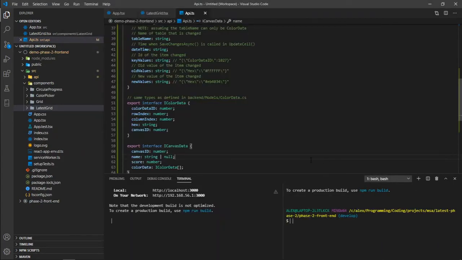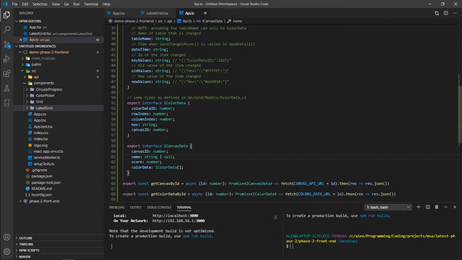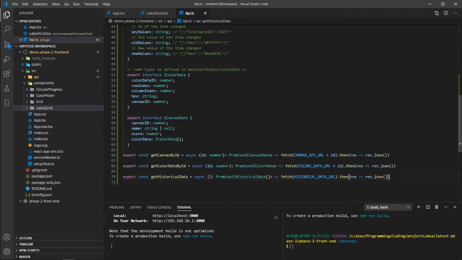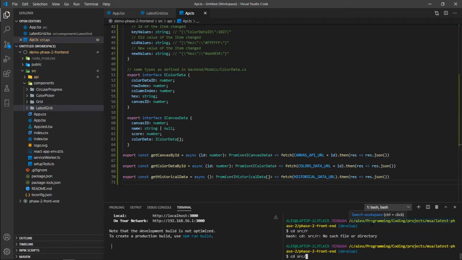So we've already got our API methods out of the way. Next, we need to consider exactly what the types of the states of our historical grid component are going to be. With that said, we want to first create a historical grid component. So with that, we direct to the components folder. We'll make a folder called